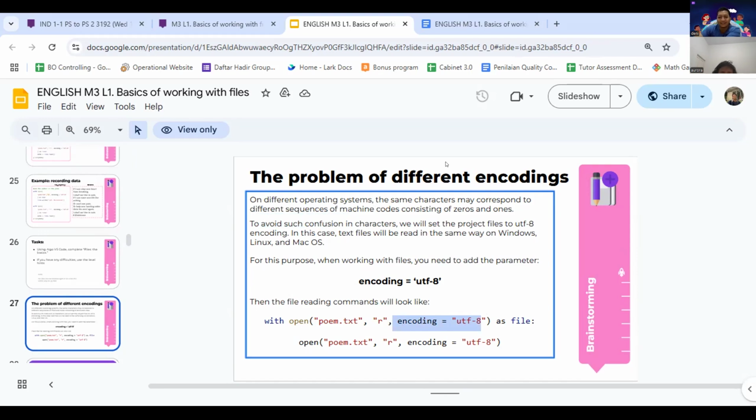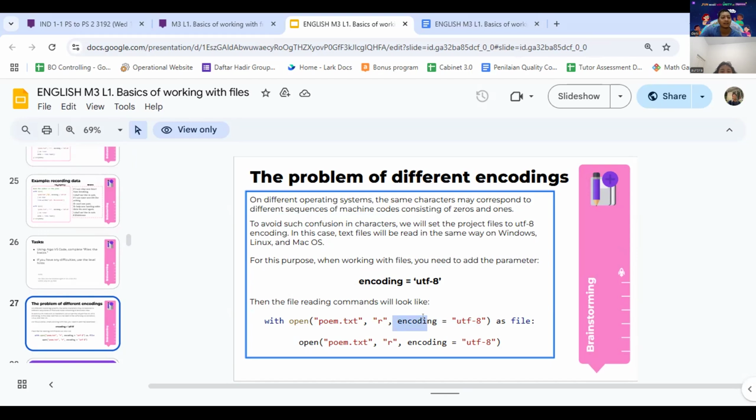Confused? It's just to avoid confusion. Just like encoding.